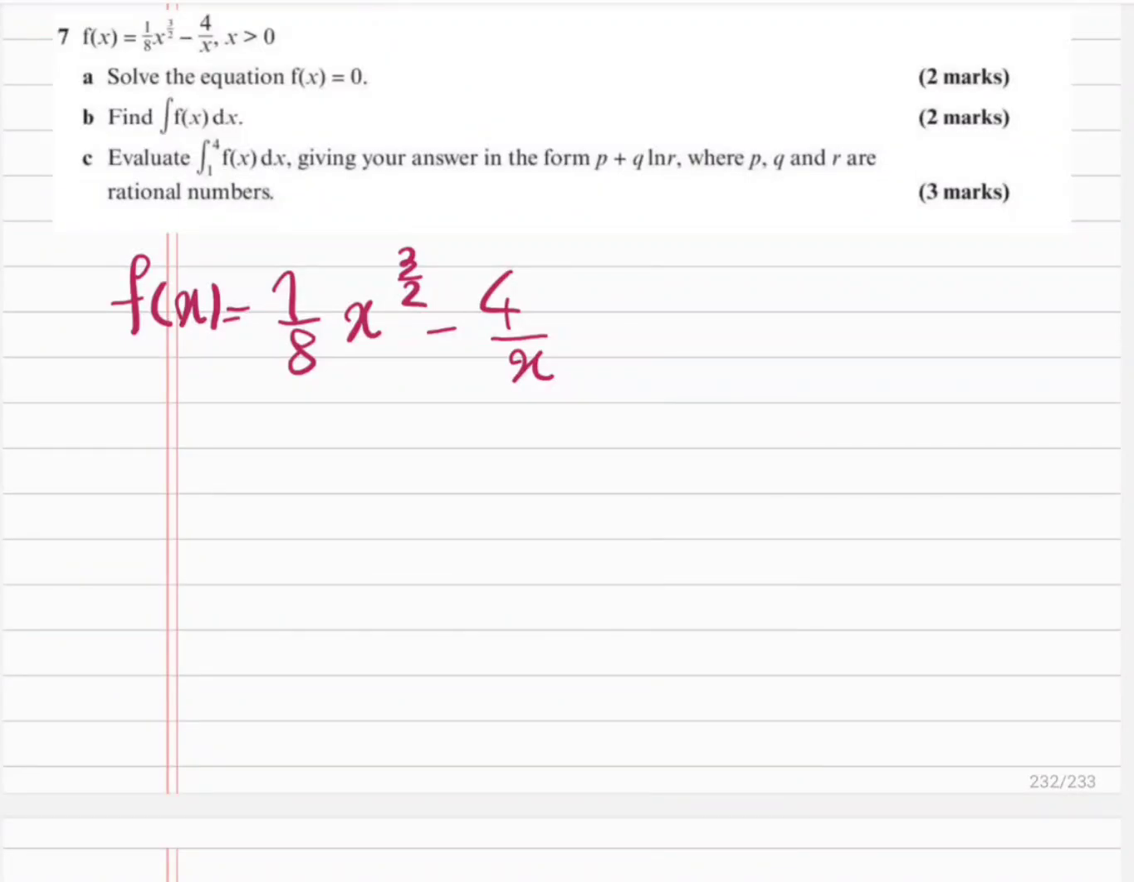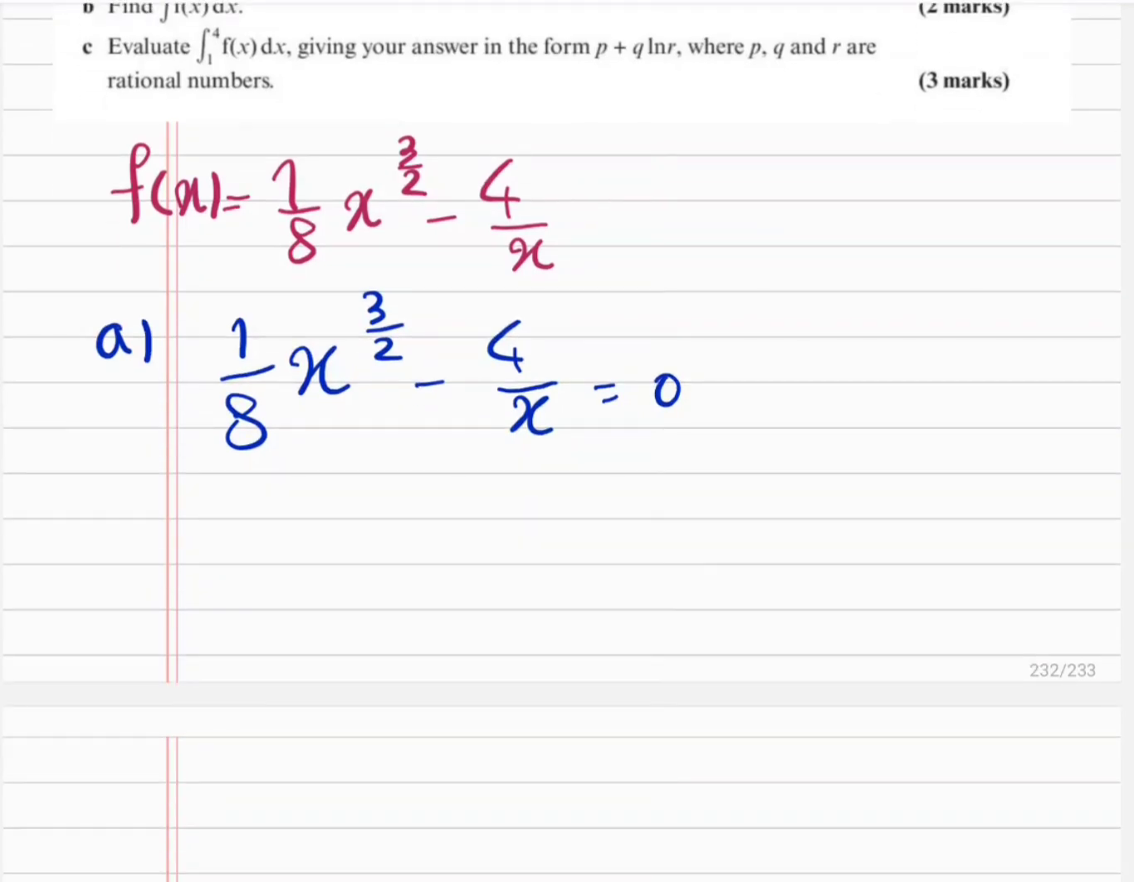Hi everyone, this video is on exercise 11a question 7. So we have f of x, which is 1 over 8 x to the power of 3 over 2 minus 4 over x. And in part A, we want to solve the equation f of x is equal to 0. Okay, so we have 1 over 8 x to the power of 3 over 2 minus 4 over x is equal